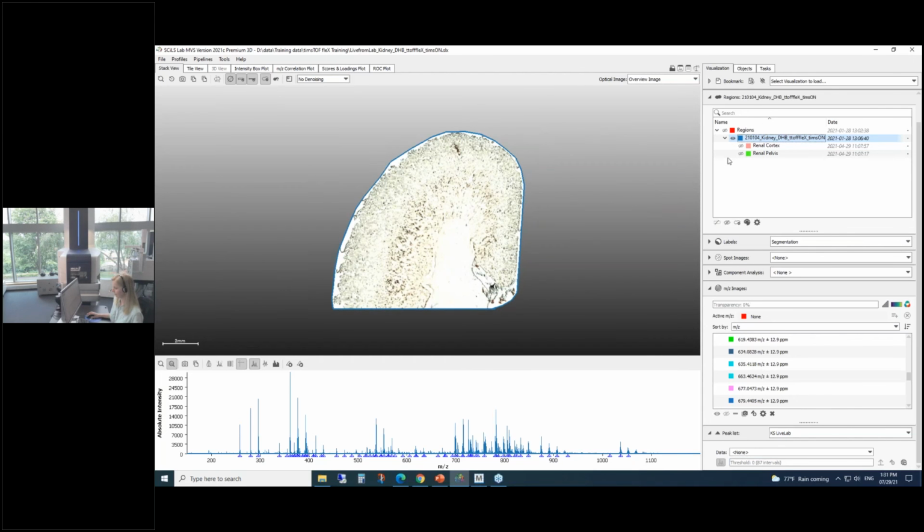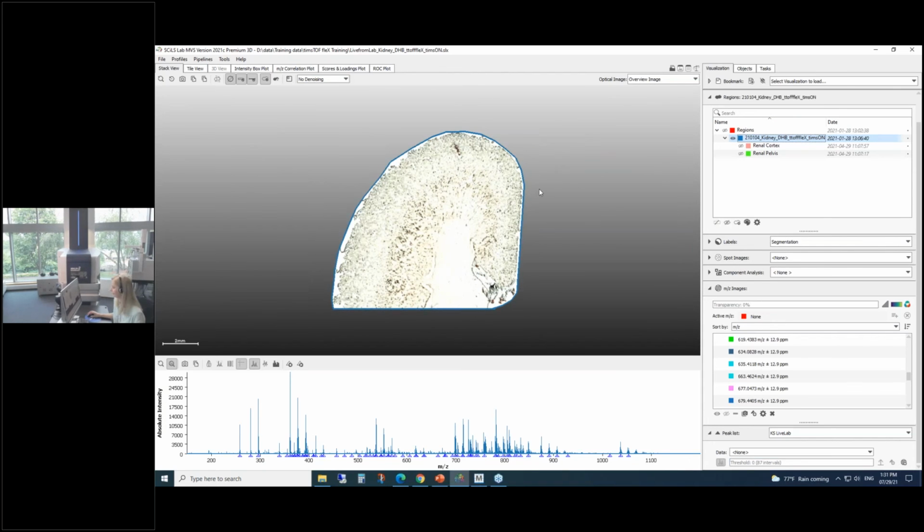So as I'm starting with Skills Lab here, I'd like to give you a brief orientation as to what you're seeing on the screen here. I have the tissue section optical image as the most prominent point here. And then I have the average mass spectrum down here on the bottom. The right-hand side has all of the various functionalities. I've got several tabs expanded,